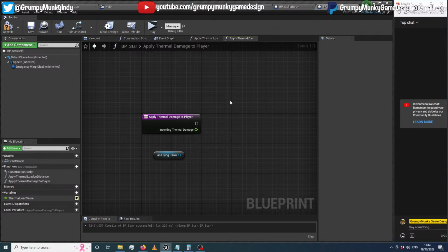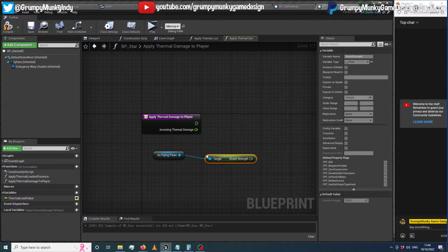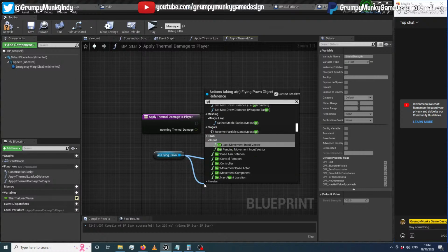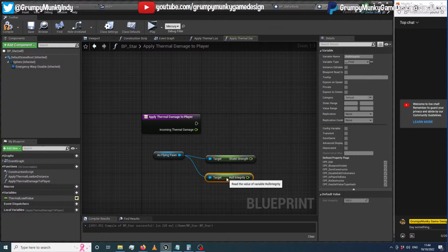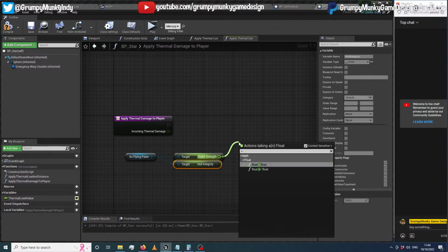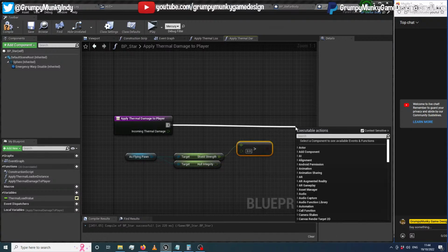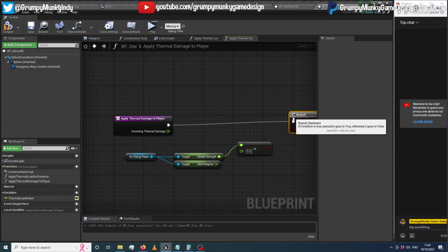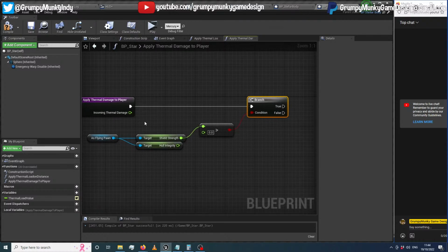Okay. So from that, we want to get shield strength. And we'll get hull integrity. Okay. So if this is greater than 0, then what we're going to do is take some of this damage and pass it through to the shields. So if that's greater than 0, what we're going to do is